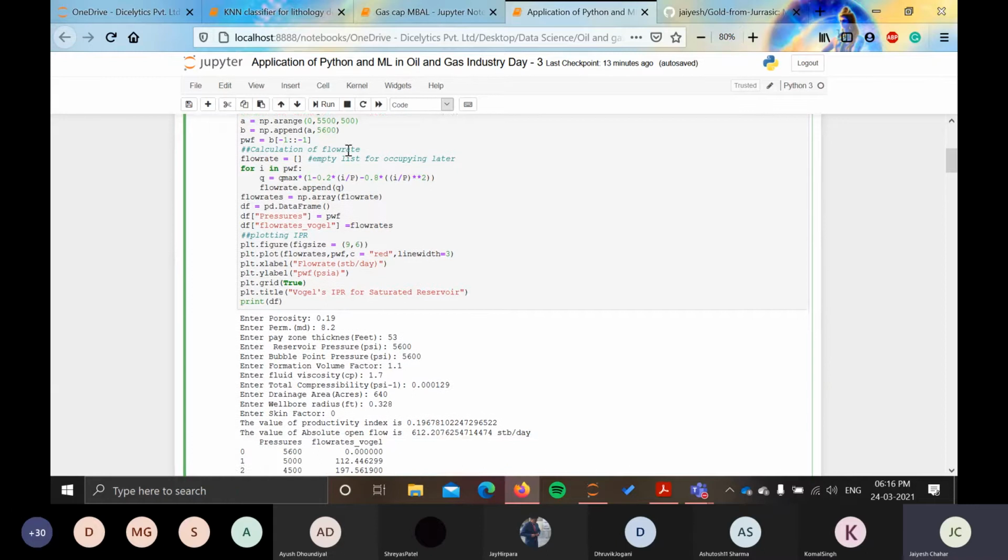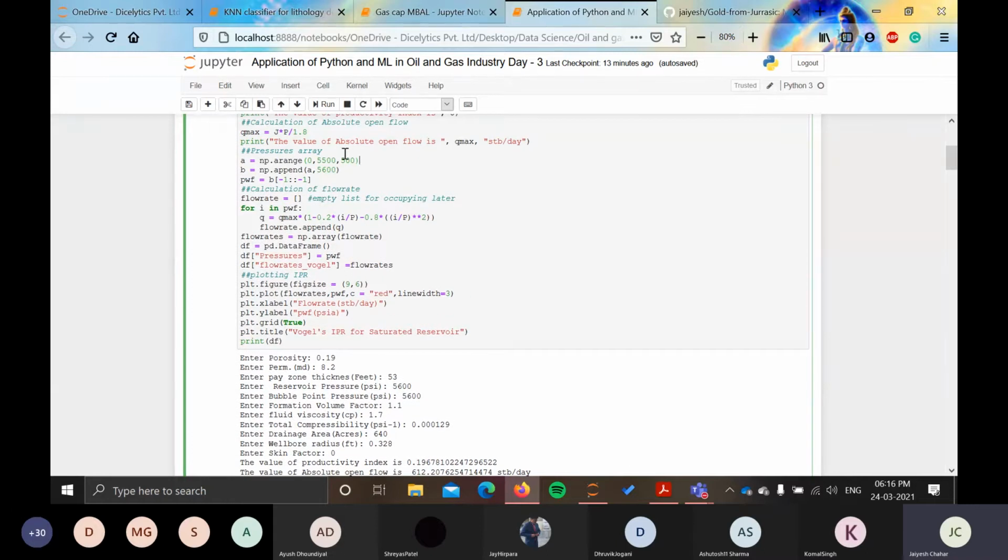After that, here comes the game that we have learned from last days. Here I have made an array for pressure that should be used for making the data frame. As we discussed yesterday, there are two methods to make an array by using direct functions of NumPy. I have used one of them, that is named arange. It will arrange my pressures from 0 to 5500 with a gap of 500 each. And also at last I have appended the last value 5600, the reservoir pressure that I have entered, in